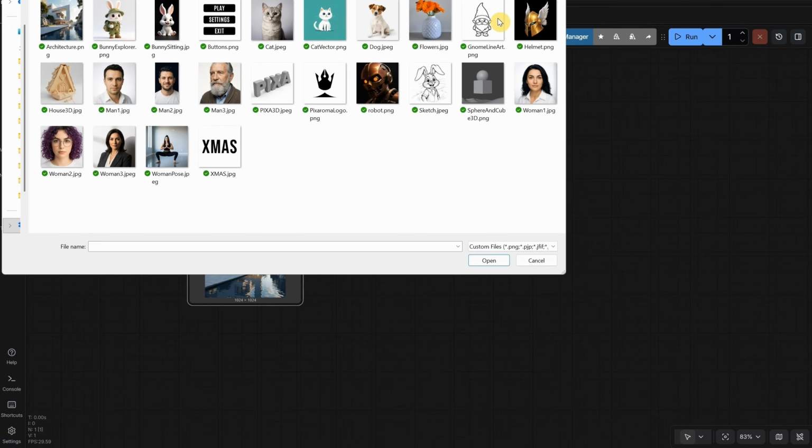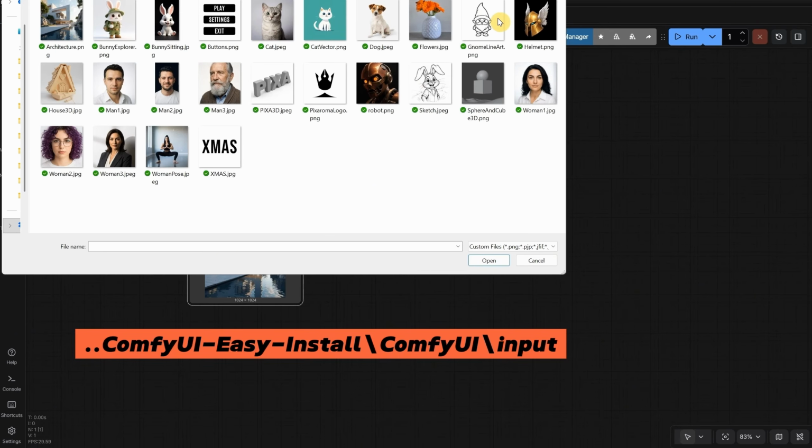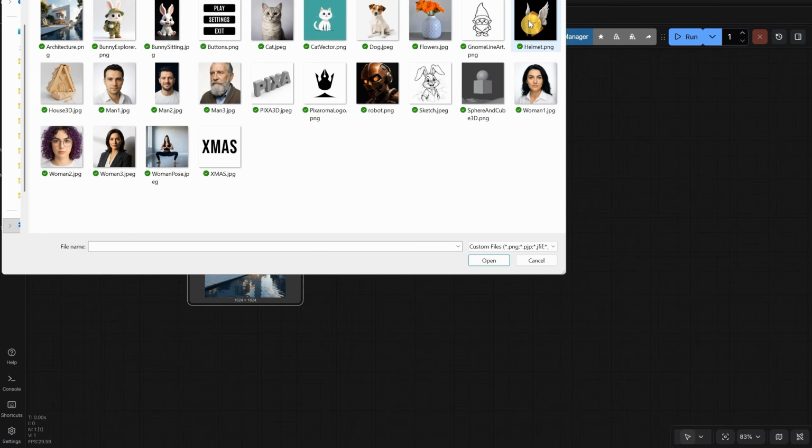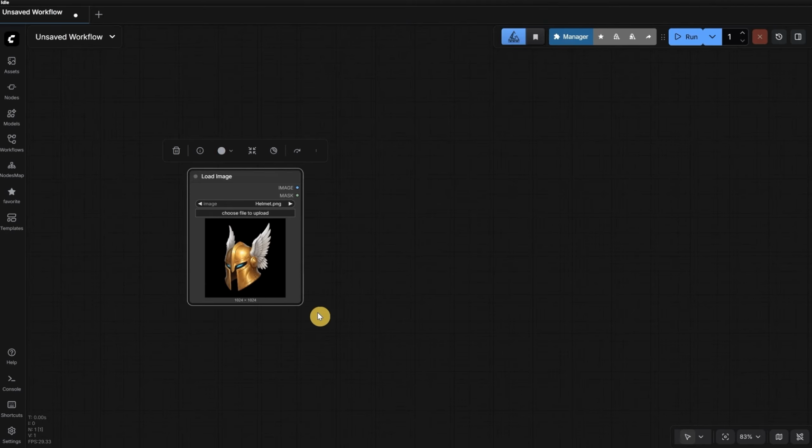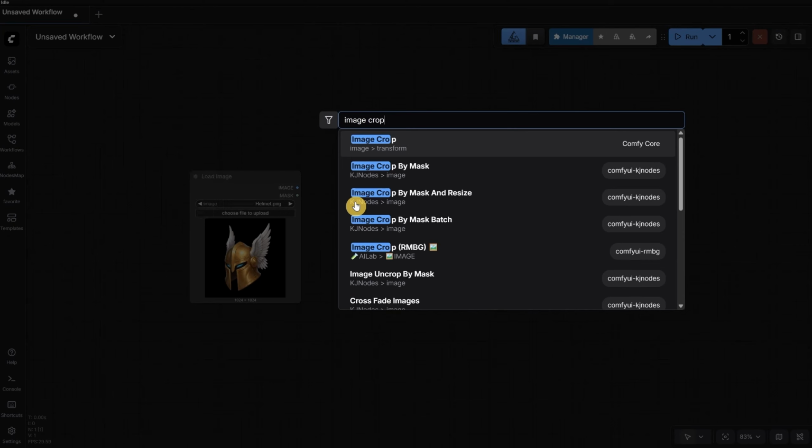By the way, I asked Evo to include some images for this first episode in the input folder so you can have the same images I am using. The path is Comfy UI Easy Install, Comfy UI Input. Let us say I select this helmet, but it can be any image. We can choose Open, or we can double-click on the image and it will open. Now that the image is loaded, let us add another node, the Image Crop node,